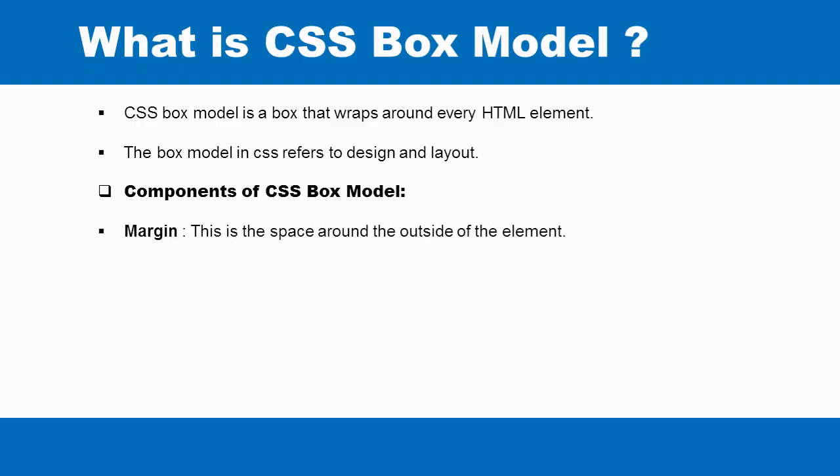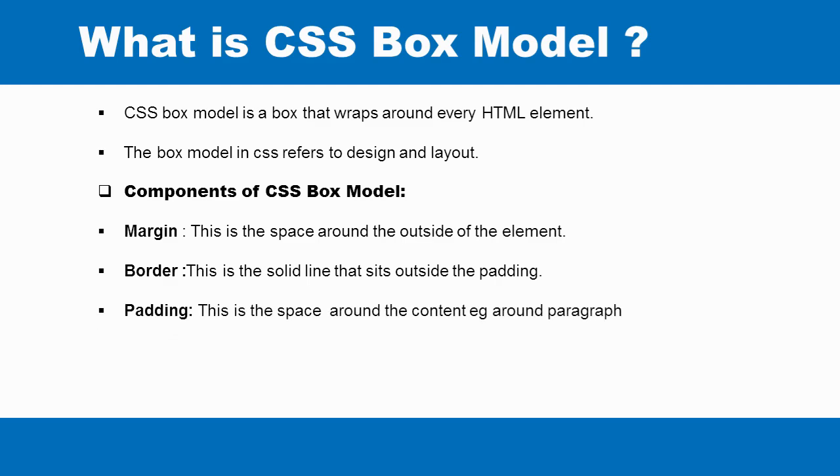So we have the margin, which is the space around the outside of the element. Next, we have the border. This is the solid line that sits outside the padding. We've got the padding. This is the space around the content. For example, if you have a paragraph, the space around the paragraph can be regarded as the padding. And then we have the actual content. This is the area where the text, the images, and other content you have on the page,